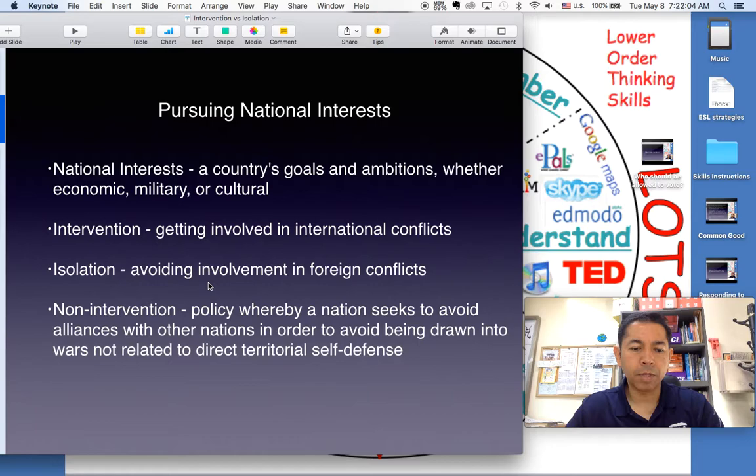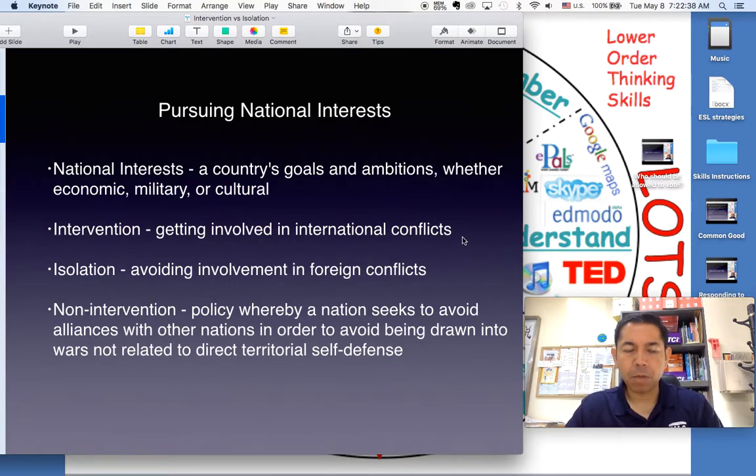So, for example, if you look at what's going on in Syria right now, they've been involved in a lengthy civil war. The U.S. has been involved. So, are they one of the primary players in that civil war? Well, no, because it's a civil war. A civil war means a war within a country. So, by the U.S. getting involved, this would be an example of intervention. It doesn't directly affect them.